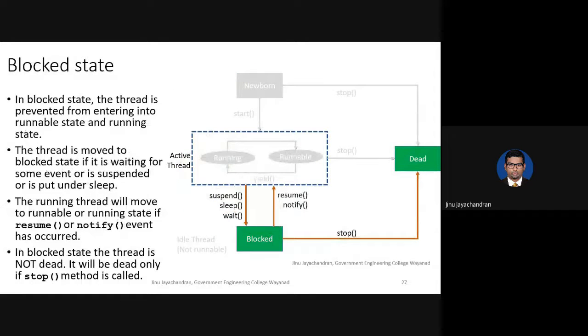Now, the block state. The block state is a state where the thread is waiting for some kind of input from outside of its running path. For example, let's say an application needs to write something in a particular memory address, which the thread needs to read. If the application hasn't written that, then the thread will be waiting for the application to write to that memory address. Okay, that is one possibility. The other possibility is, as I said earlier, the thread might be waiting for the user to give some input. So in that case, it cannot run. It can run only after the user gives the input.